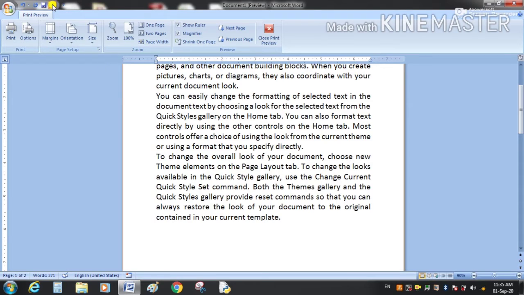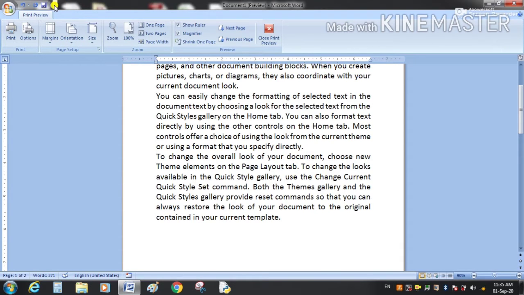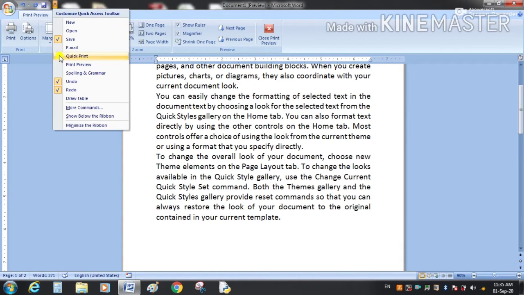If this option is not here, there is an arrow, the quick access toolbar, and we can select the option from here. Now it is already checked, so it is outside here. If this option is not showing here, then we can select this option by clicking here.